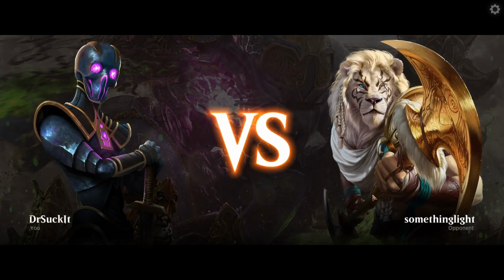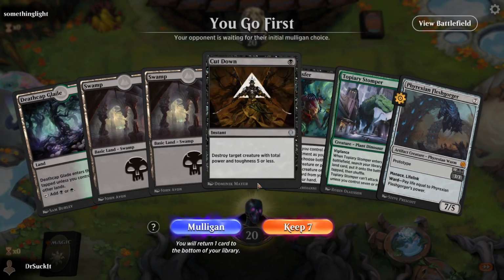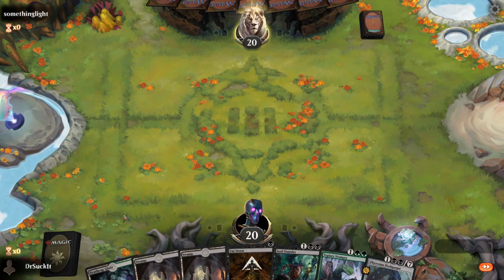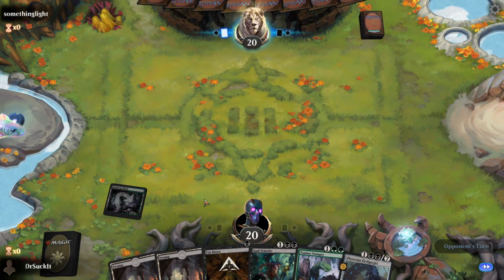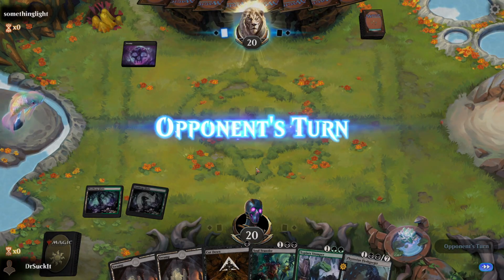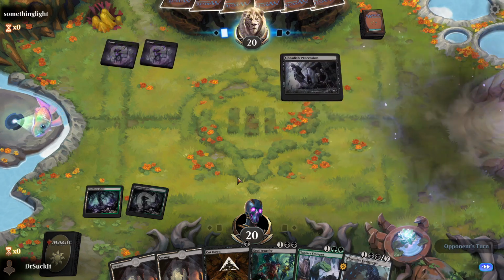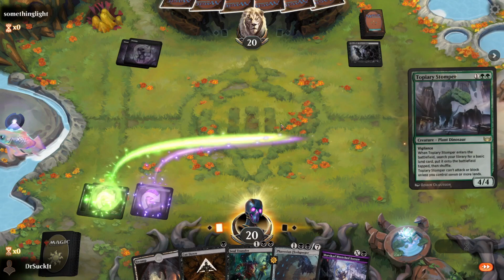All right, something light. Something light. 1, 2, 3. Only 1 green in the mix. We'll keep it. So I'm going to race towards the Phyrexian Fleshgorger at this point. Don't have to. We can Topiary Stomper now. Yeah, 4 would be a lot better. So that way I can use the...